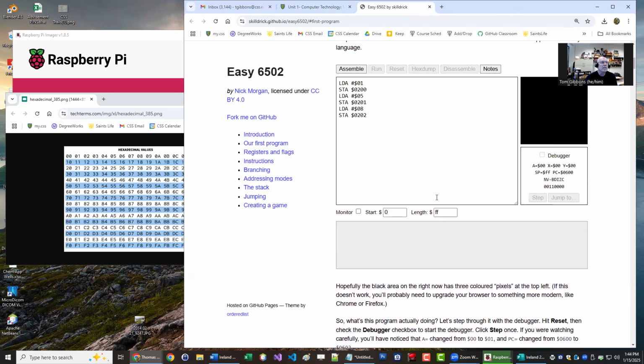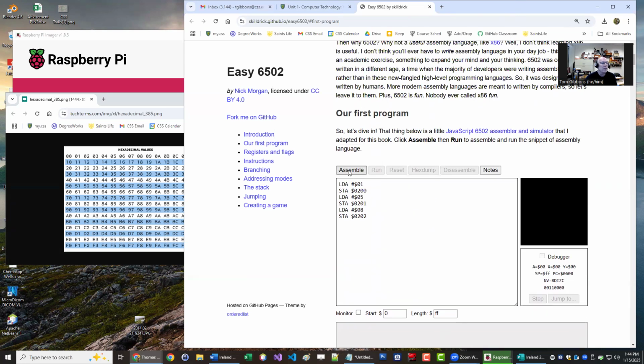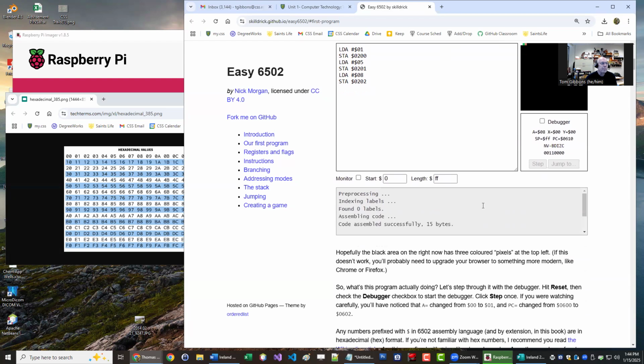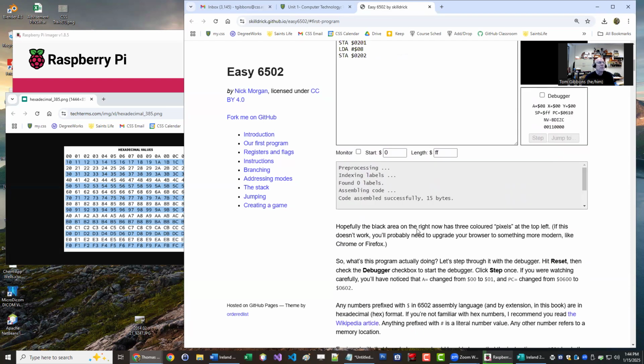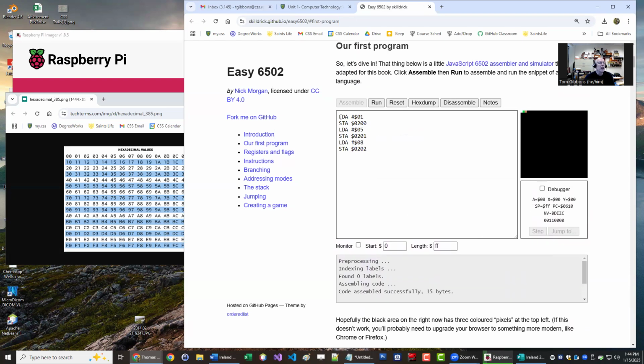This talks about how this is an assembly language program, so you hit assemble and you can run that. You can actually step through it, but I just find just hit run and it'll run it. And what it's doing is displaying some pixels on the screen over here. If we look through this, it'll talk about the colors that we're using and the numbering systems that we're using here. So we are loading a number into the register here and then storing it in a memory location, which